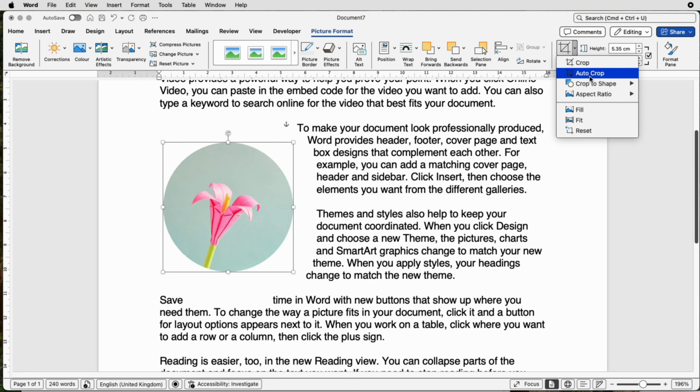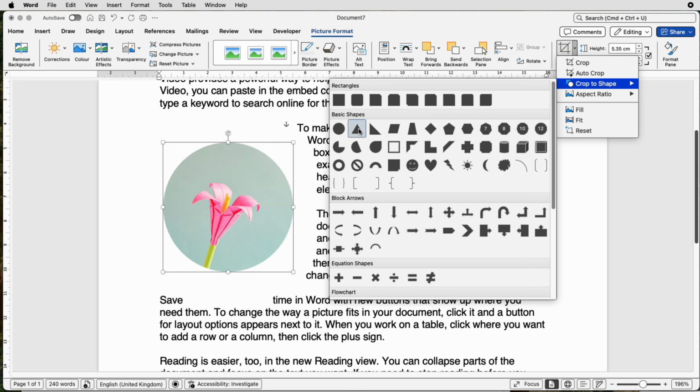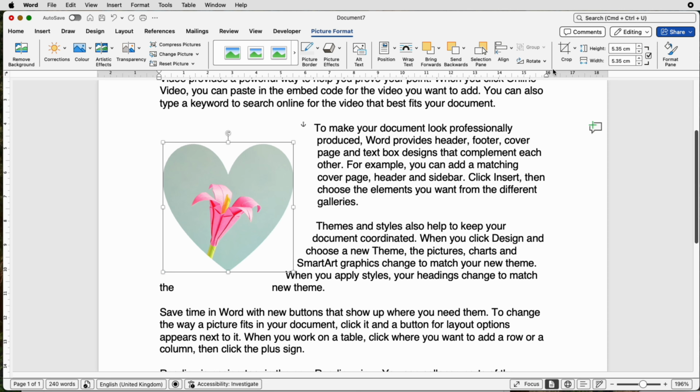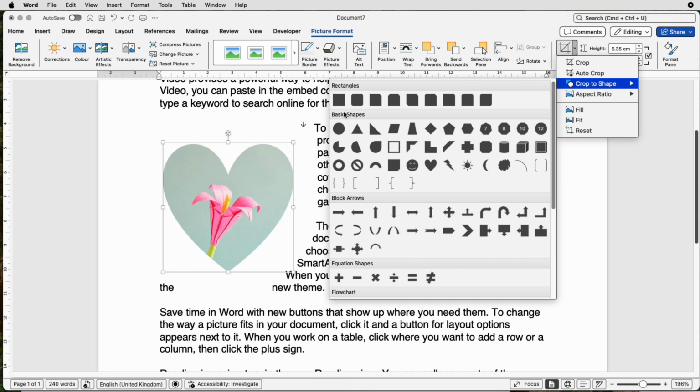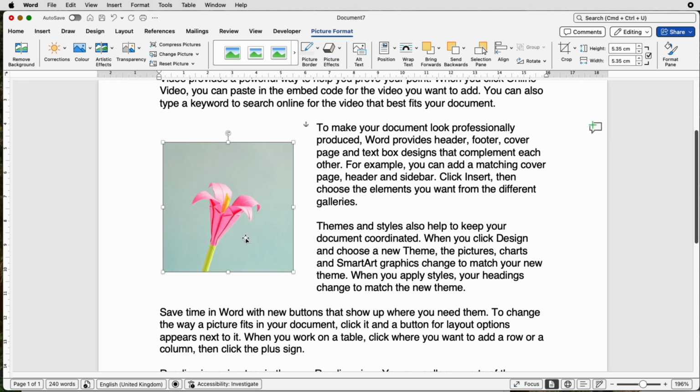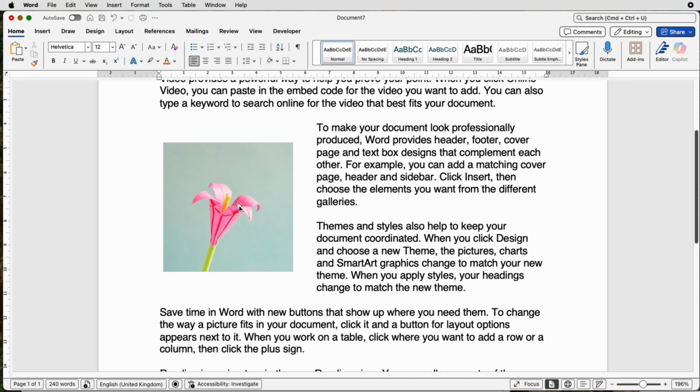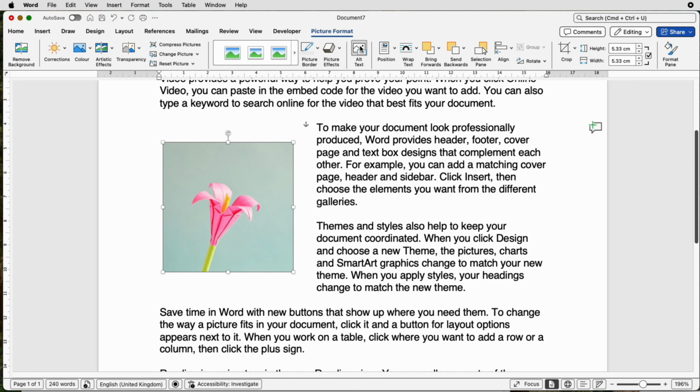Alternatively, we can pick alternative shapes such as a triangle, heart shapes, and so on and so forth. So let's just go back to a regular square so you can see how that particular crop tool works. If you want to picture a particular size, select it, go to Picture Format, and over here you can see